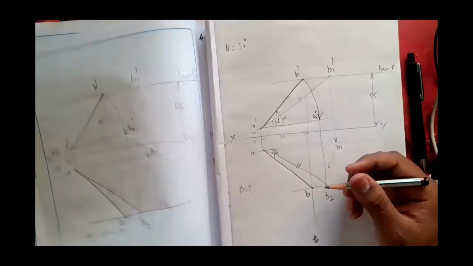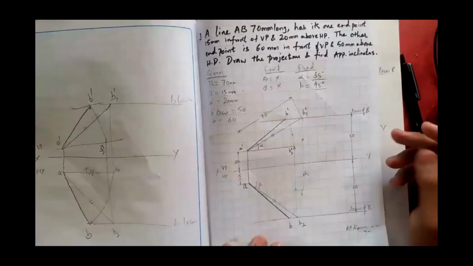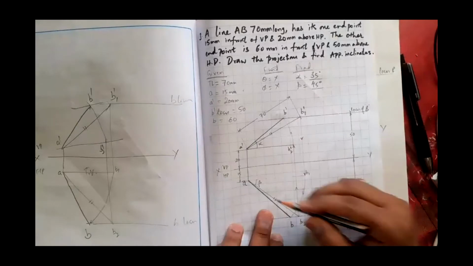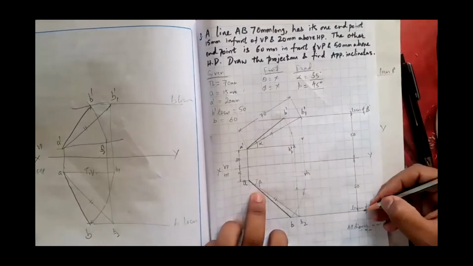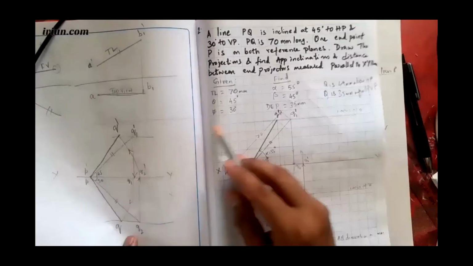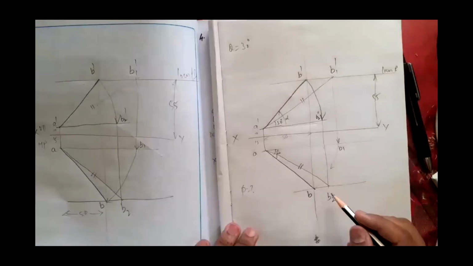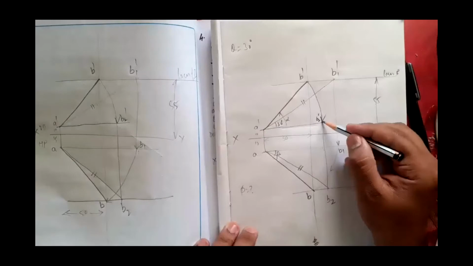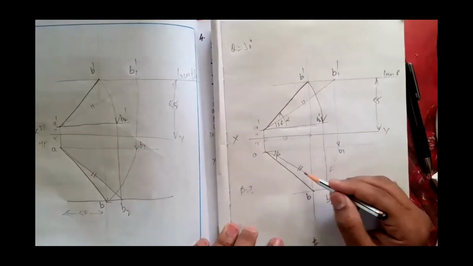Understood, sir. Reverse, see here, true length was given in the previous problem. Here in this problem, phi was not given; this 60 mm was given in front of VP. In other cases, the angle was given, that phi 30 degree. This position was not known. So as you know the position, it is reverse. When you know the front view here, rotate it back, drop it till here, and then join it so that you'll get the true length here. If this true length and this true length are the same, then your problem will be right.